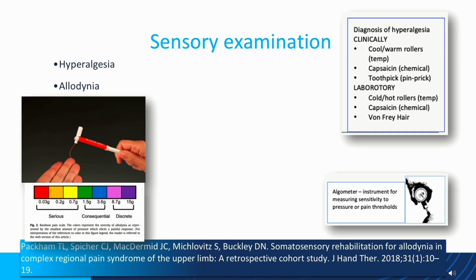You've got the von Frey hairs or von Frey filaments. There are algometers as well, and there's a whole bunch of other things. But have a little paintbrush, have a little toothpick. Have something cold which you can compare as well. And it's quite common you see people that have sensitivity to something cold as well.